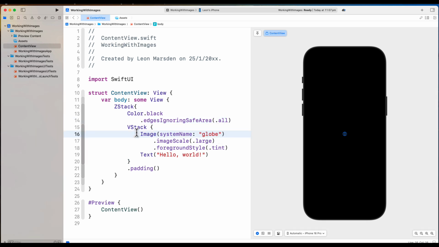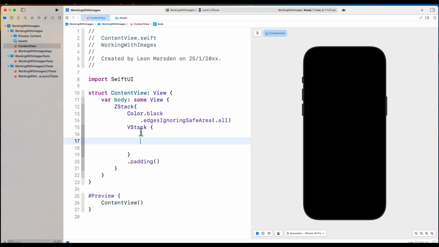And then we're going to have VStack. At the moment, we're going to be working with images. Currently there is an image out here. You can see the little globe and it's blue. That image is coming from the system icons. And what we want to do is introduce our own graphic. You can actually see there's some scalable stuff and also some text. So I'm going to just remove these two elements out of the VStack so it's completely blank, and I'll be